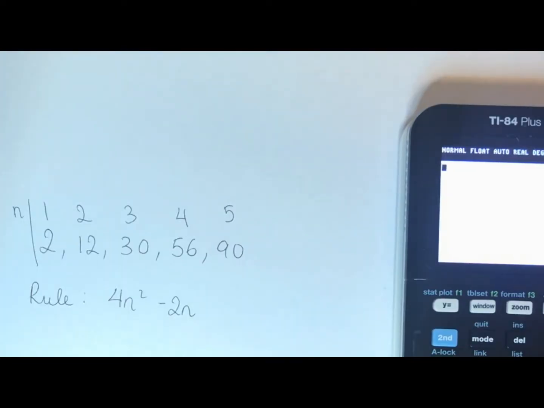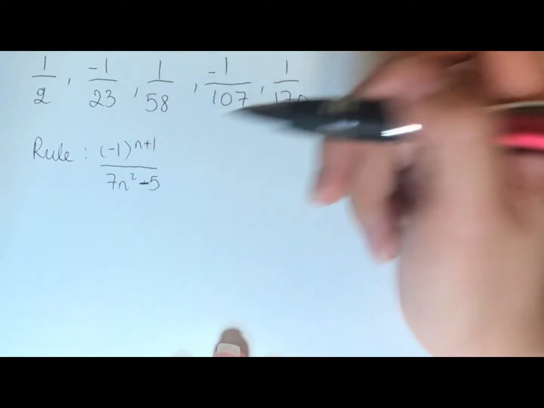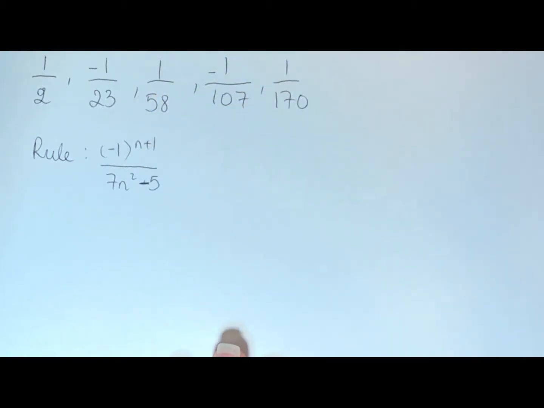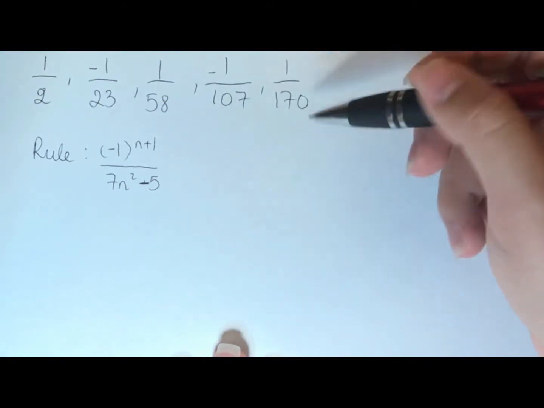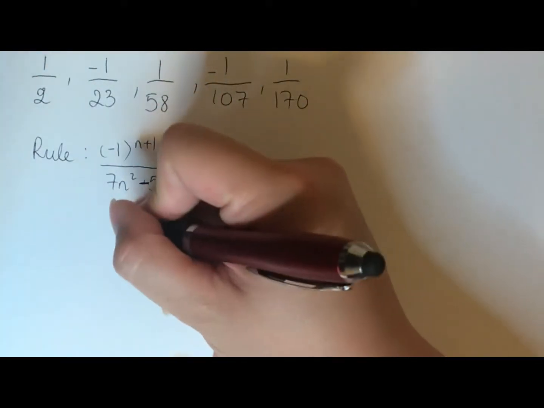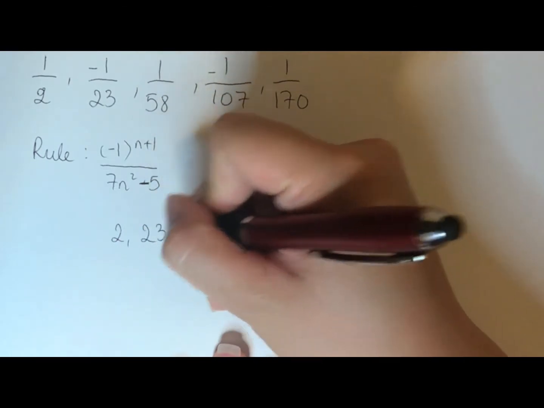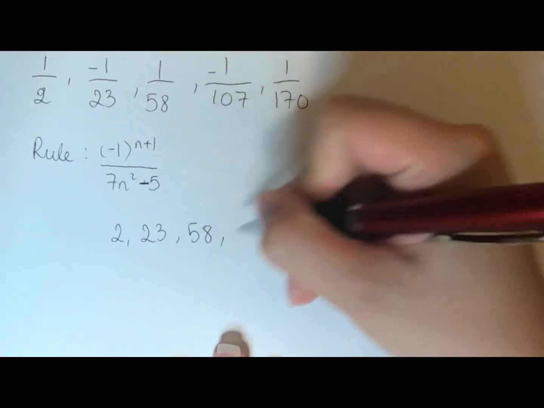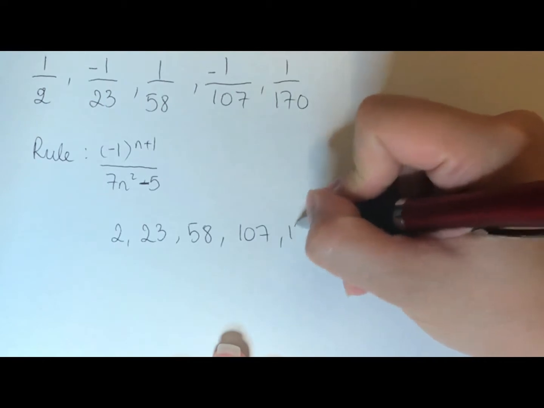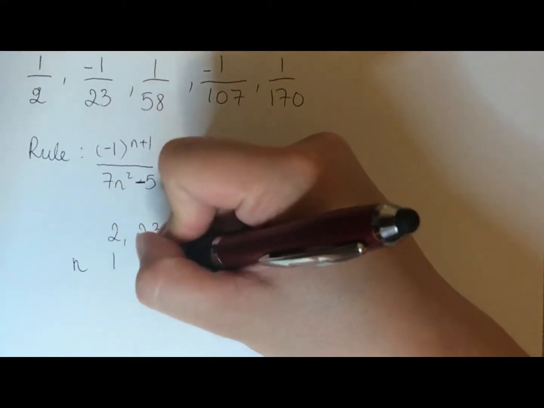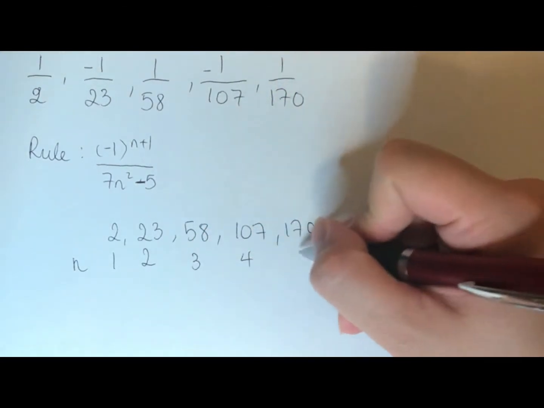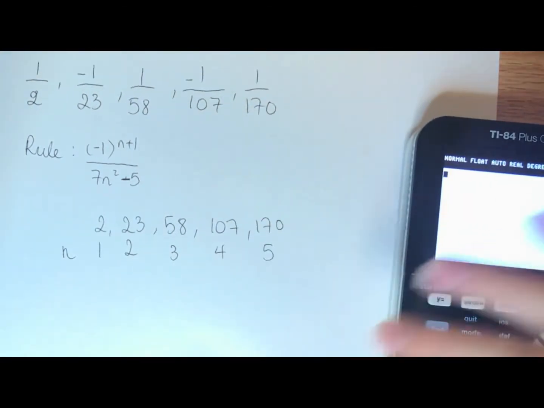We can test it again with the other example. The calculator will not show you this whole formula. However, as I said in the last video, you can work with the numerators and denominators individually. So for the denominator, we're gonna have 2, 23, 58, 107, 170. So then again, our n is just 1, 2, 3, 4, and 5. So to check what the rule is,